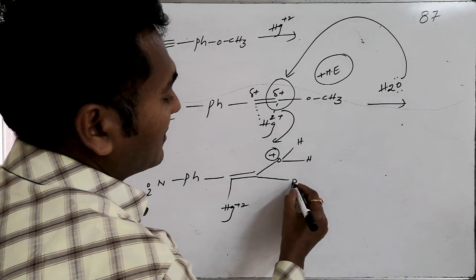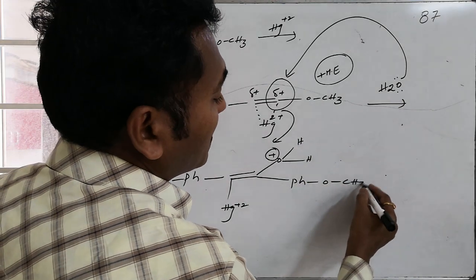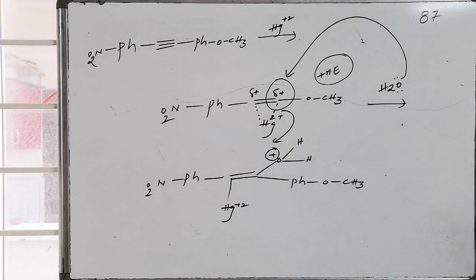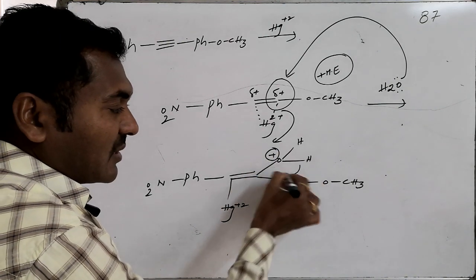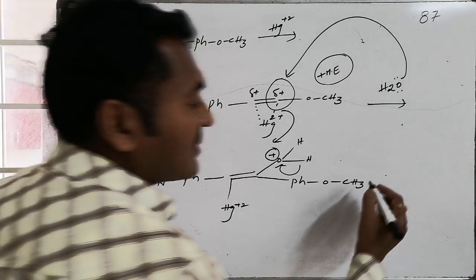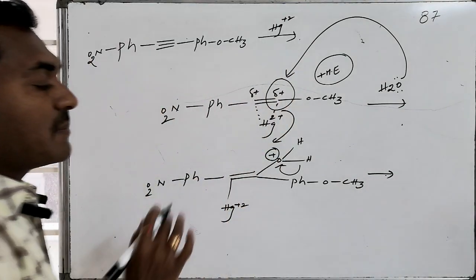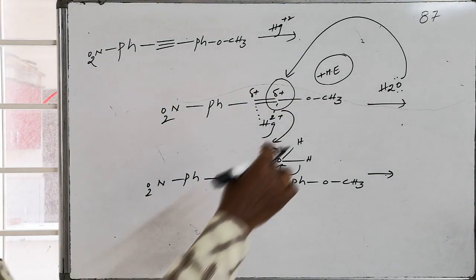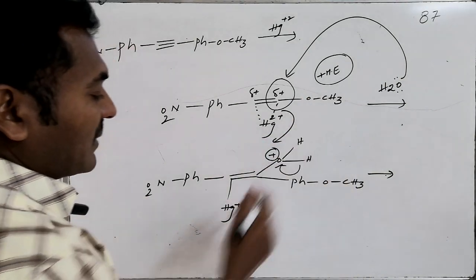Now it is connected with another phenyl system associated with what? Methoxy. Whereas here, loss of a proton takes place, resulting in the formation of what? OH system. Further, this H plus is getting replaced by another H plus, so therefore